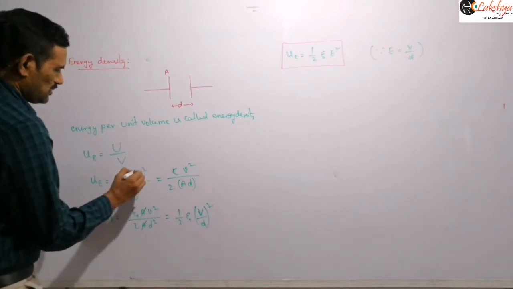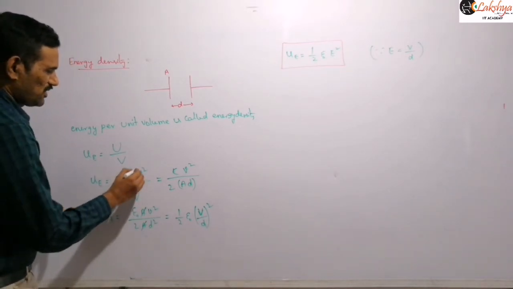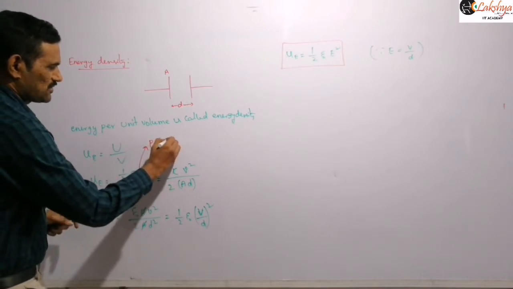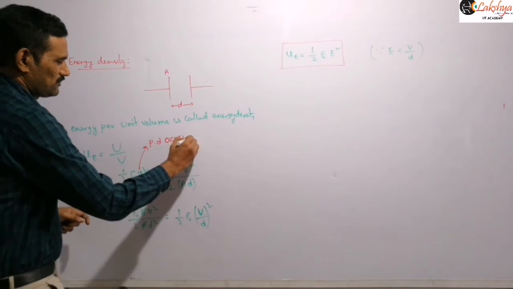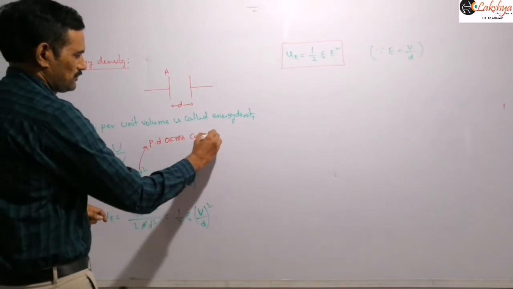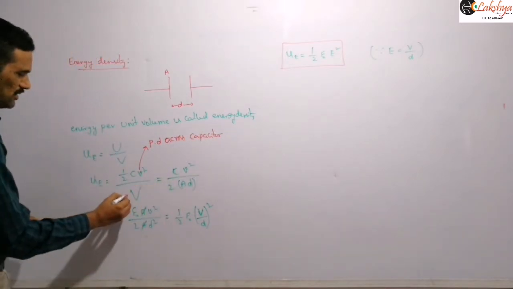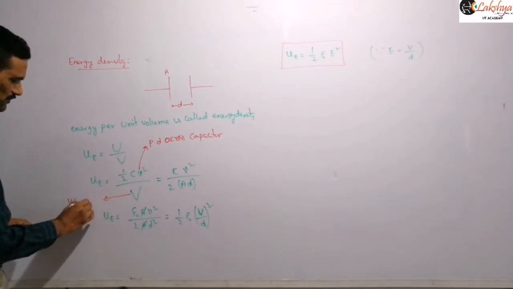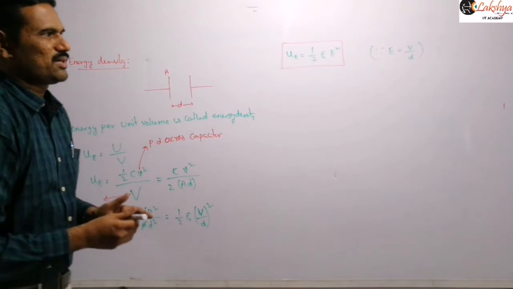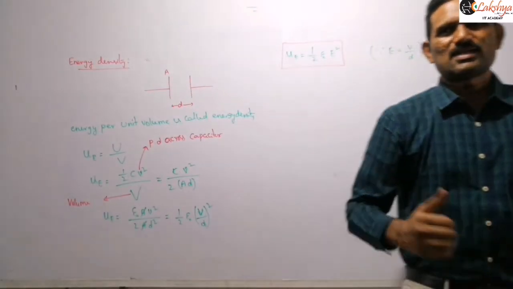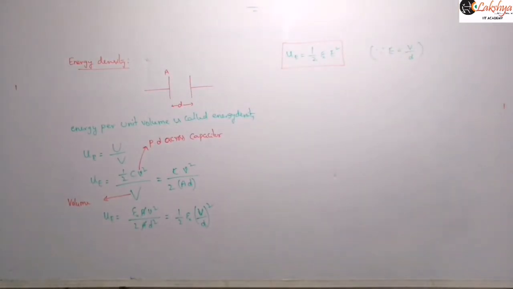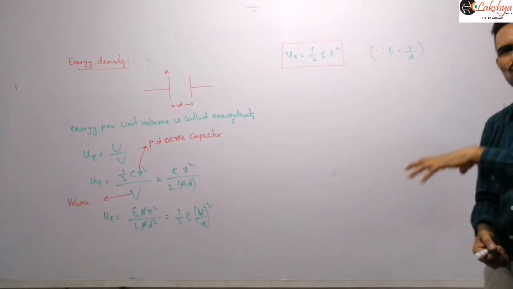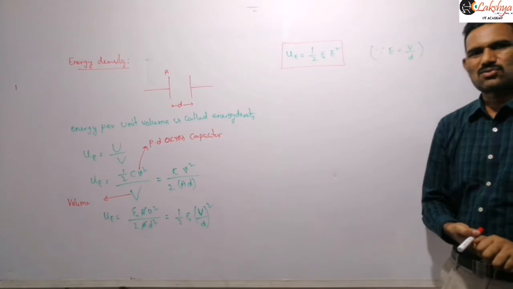Here, I mention this because we are using the small v and capital V. This capital V in the numerator is the potential difference across the capacitor. And this small v is the volume we are taking here, the volume of this capacitor, that means the volume in between the two plates of the capacitor. So that is the energy density expression, which we discussed already in the previous concepts. Now, what we are proving is that we can use the same energy density expression for this capacitor also, if required.